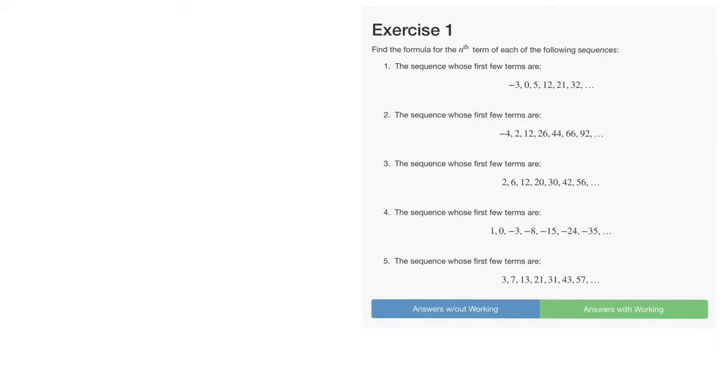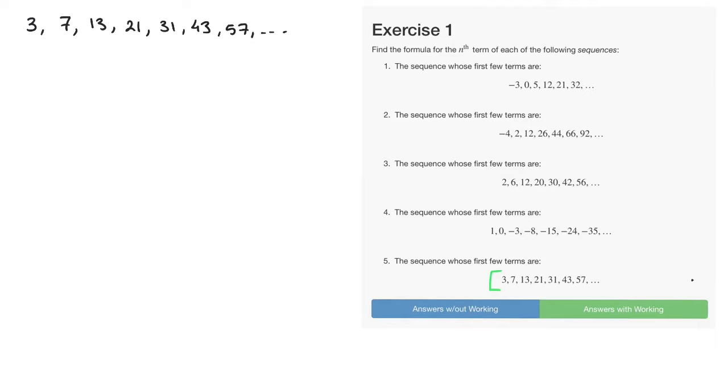We solved the fifth question of this exercise, that's this sequence at the bottom, and we have to find the formula for the nth term of the sequence whose first few terms are 3, 7, 13, 21, 31, 43, and 57, and so on. Now, the first thing we do is we look at the difference between consecutive terms of